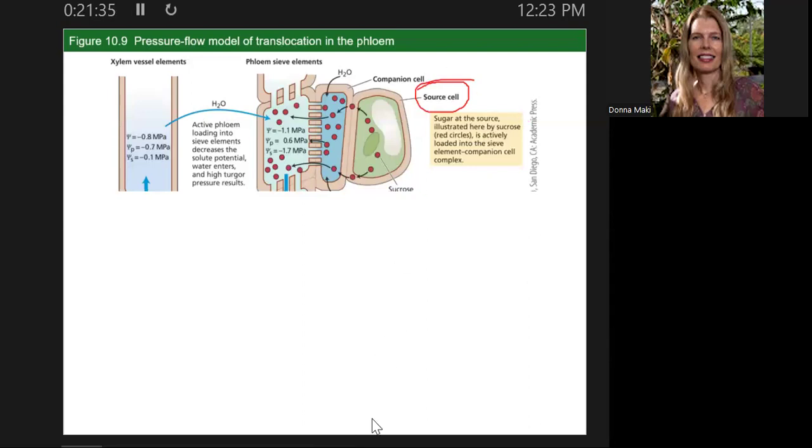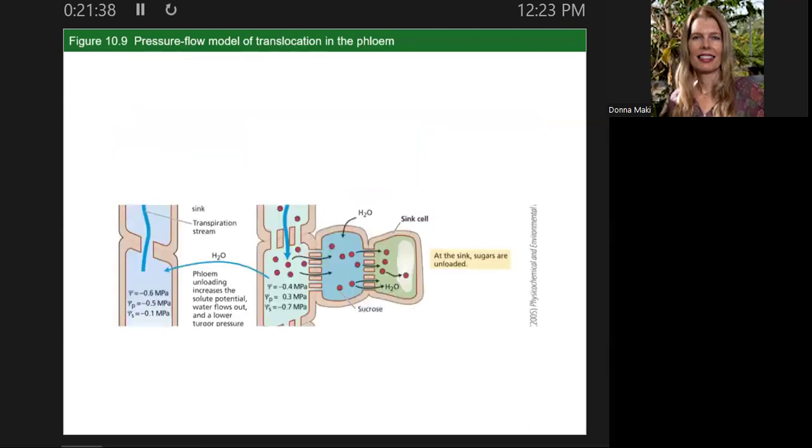All of this is happening up in the leaf tissue. And you need to think about, okay, that sugar needs to get down somewhere to the sink. In this case, when I say down, I'm already imagining the potato plant that has the tuber in the soil. So maybe that sink cell is a potato tuber that's starting to grow and build tuber tissue. So you have to get the sugar out of the vein at the sink end and transferred over to that developing tuber. And so if you have unloading of the sugar out of the sieve tube element,